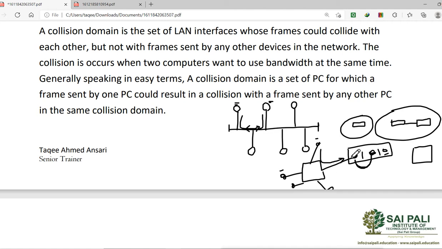So it will not happen, because it will break the collision on this port. It will not forward the collision to other ports of the switch, because the port itself is a collision domain. Other ports are different collision domains.